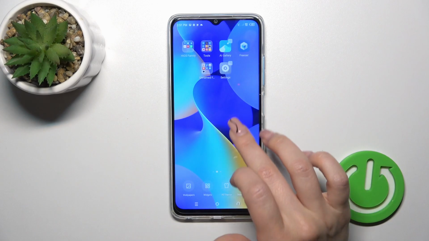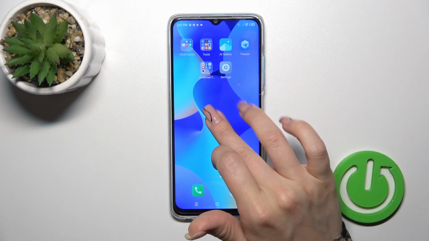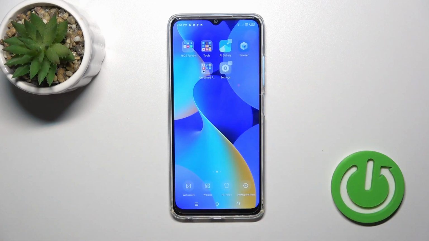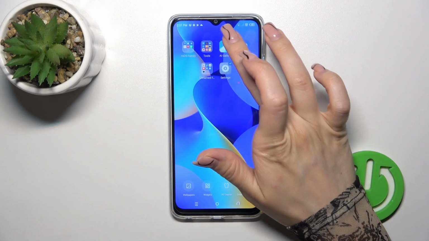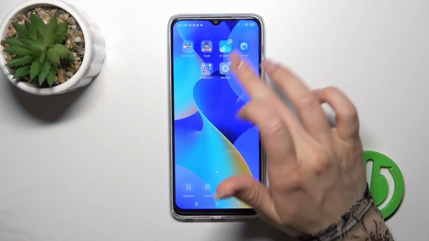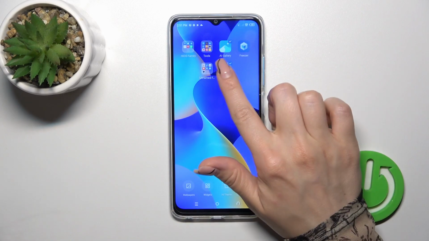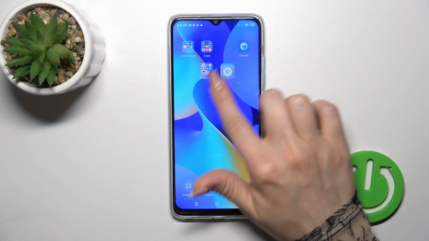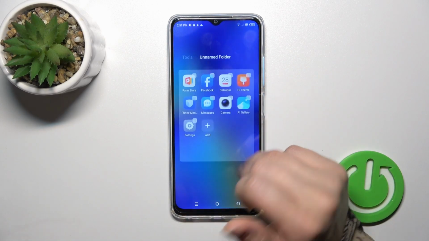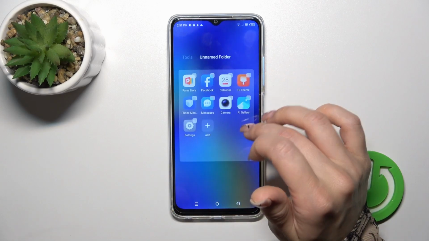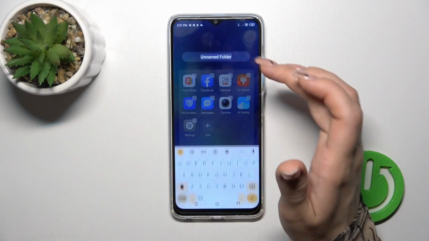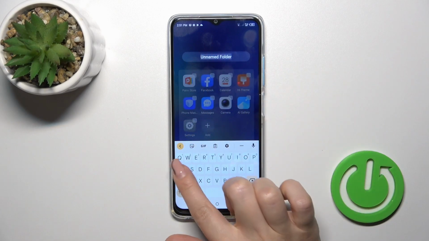Also, we could hold the home screen for a while with our finger and select the applications. Let's select them, and after that we could hold the apps and drag them to our folder to add them. If you want to give a name or rename the folder, just tap on the name once and